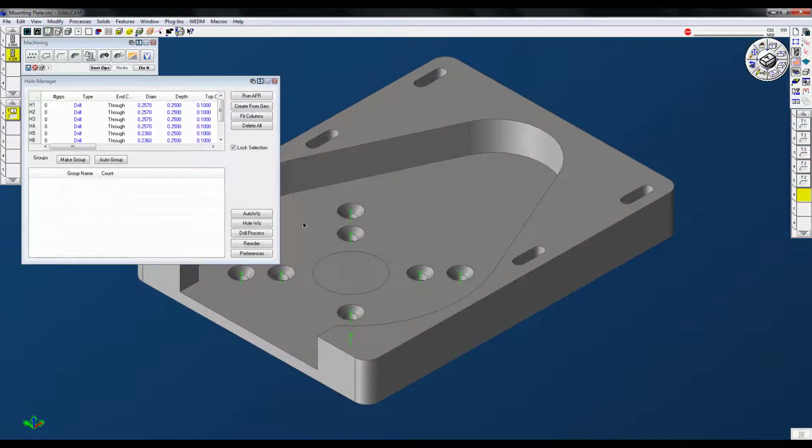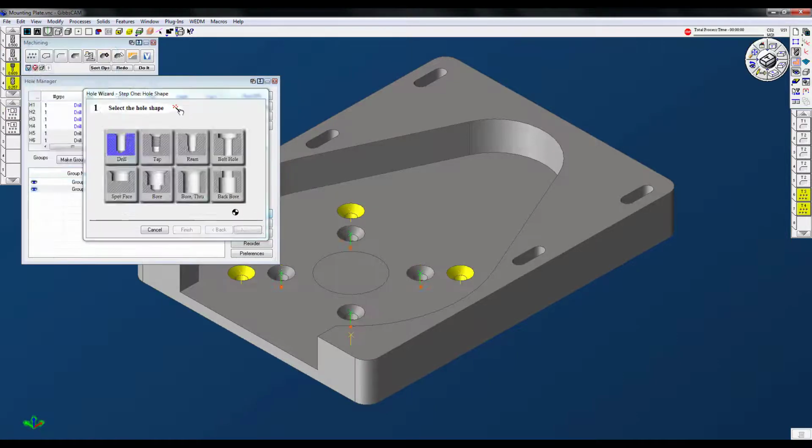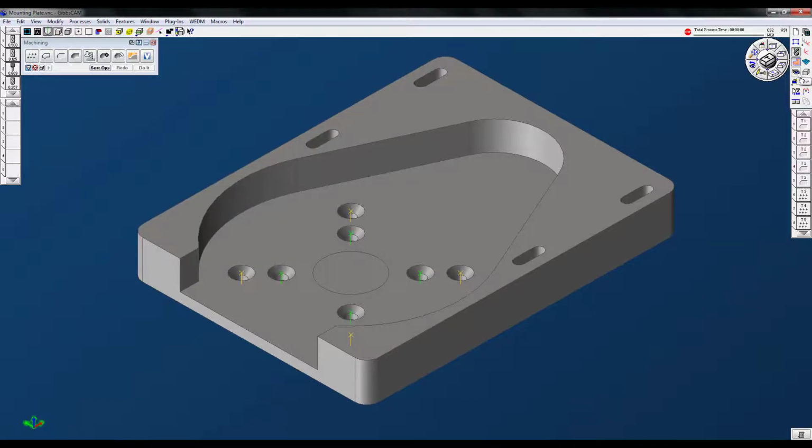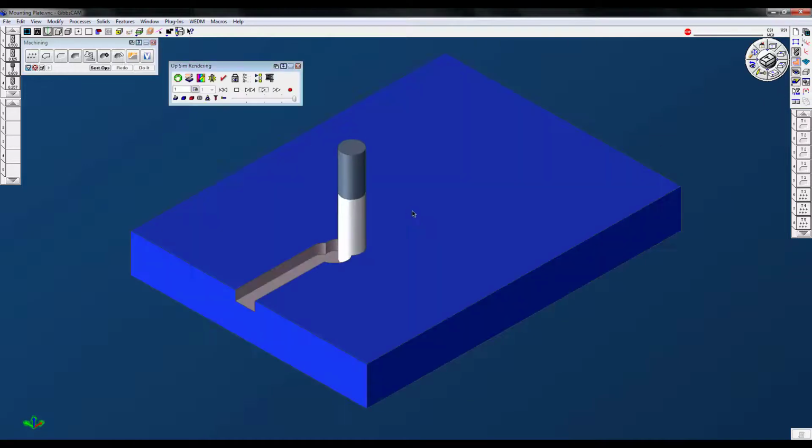Now I want to put toolpath on them. So I'm going to say auto group. It's going to group those holes into specific groups. And I'm going to hit auto whiz. What this is going to do is create all of those tools for me and create the drill processes for me also. So now when we go ahead and simulate this toolpath,